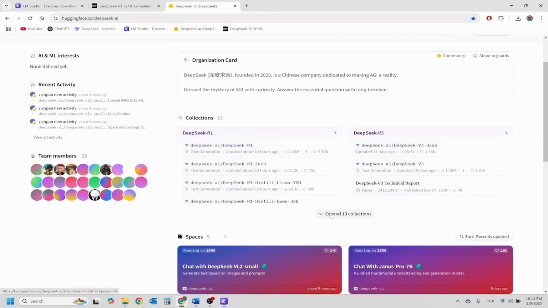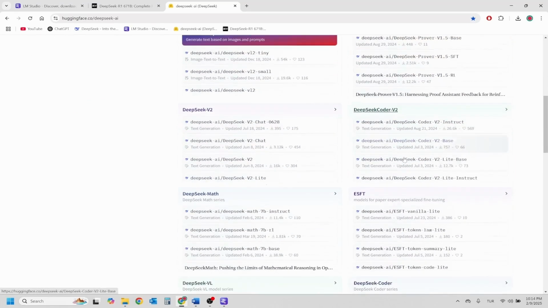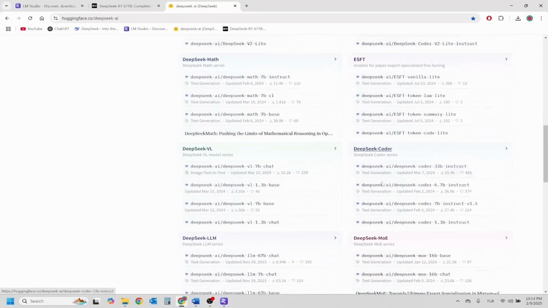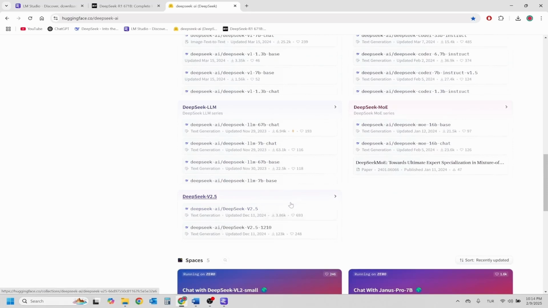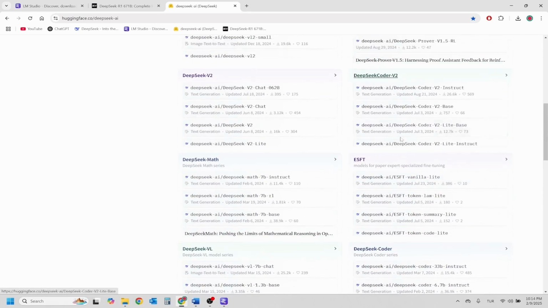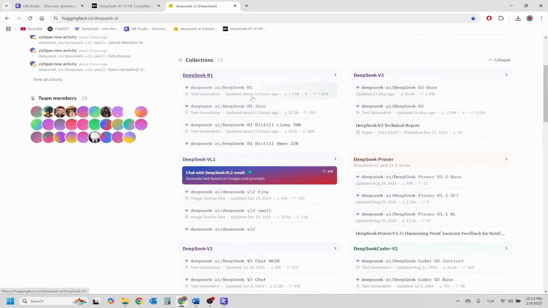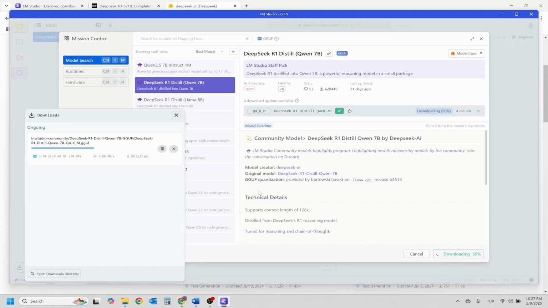The difference between the models depends on how many millions of parameters the model has, or the purpose of the model. For example, you can download an AI model trained in coding or math. The higher the number of parameters, the more system power required, and the higher the accuracy of the answers. You can access detailed versions and models here. I am speeding up the download process for you.